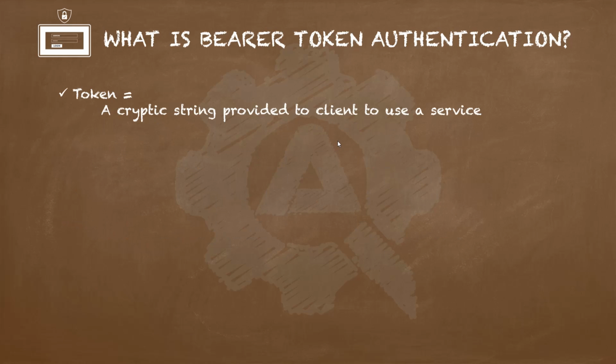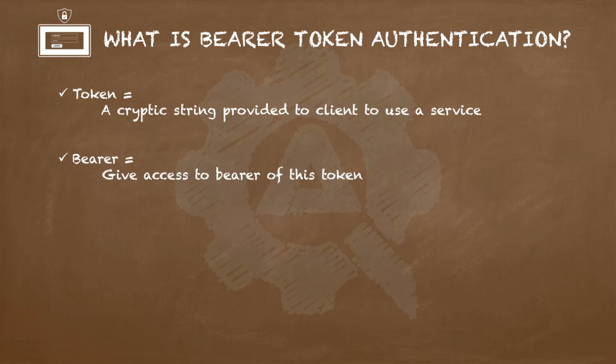Let us understand tokens. So tokens are random and often cryptic strings given to the users of a service to access the data. And the second part is bearer. What bearer essentially means is that give access to the bearer of this token. So essentially, a bearer token is like you're given a token which is entitled to access data on the server because you are the bearer or holder of the token. So that is the meaning of bearer token authentication, wherein you are authenticated to use the service using a bearer token.